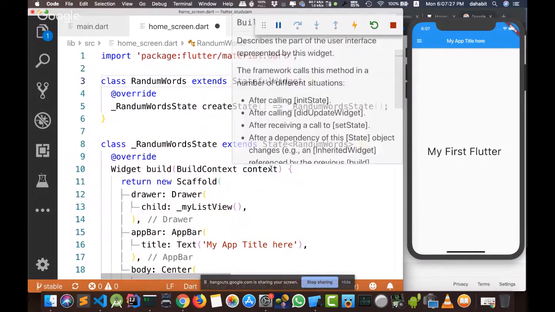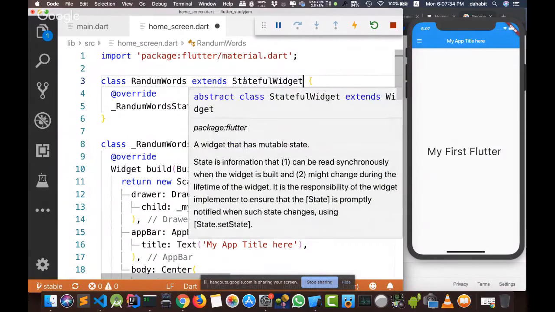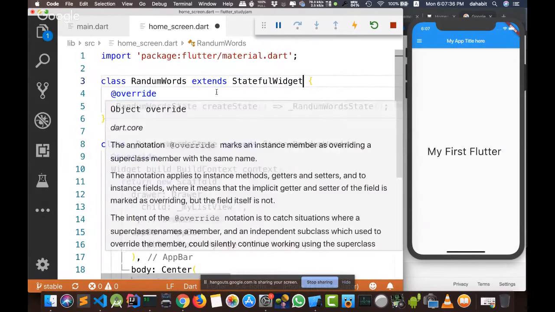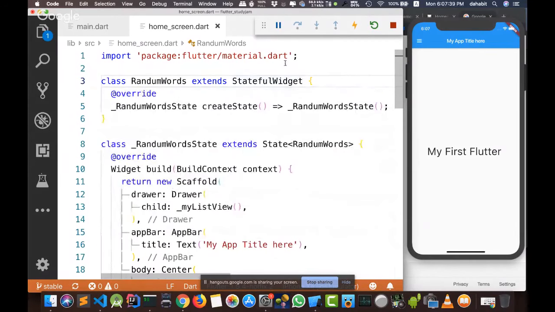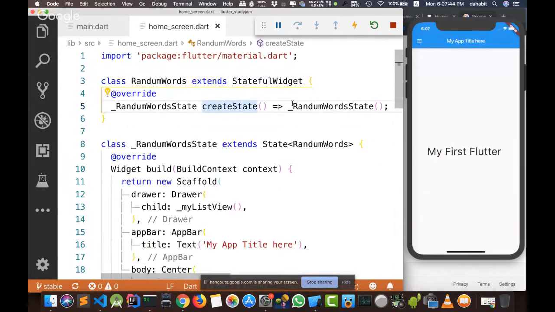As you can see here, we were using one class only, and now when we converted it to a stateful widget, it's separated into different classes. The first class is an immutable class, and as you can see here, there is an error, but no problem with this error. When I pressed Command S, the error disappeared, because even though I changed the widget type, Flutter doesn't crash. It displays the errors on the screen, and I just pressed Command S or Control S for hot reload.